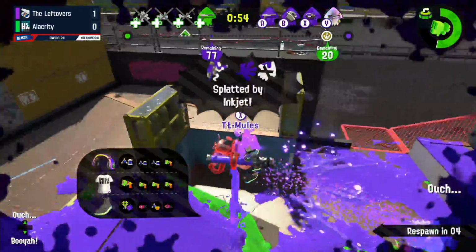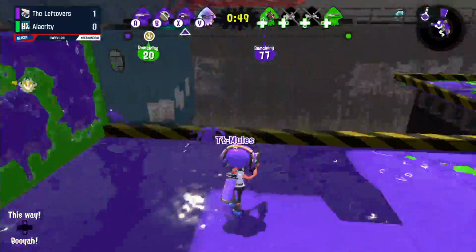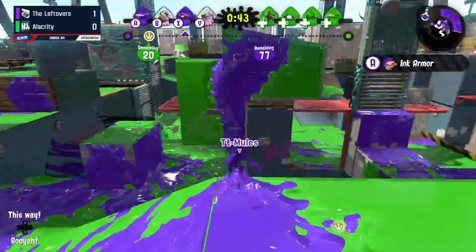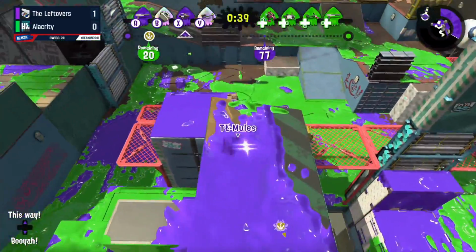20 points. That's a full wipe for the leftovers right now, but that 20-point push is definitely going to be hard to come back on, especially with only 50 seconds left to go. Basically, the Rainmaker only gets 1 death. Even then, they're being slow about this push. You might not even get a death at this point. Really, they need to